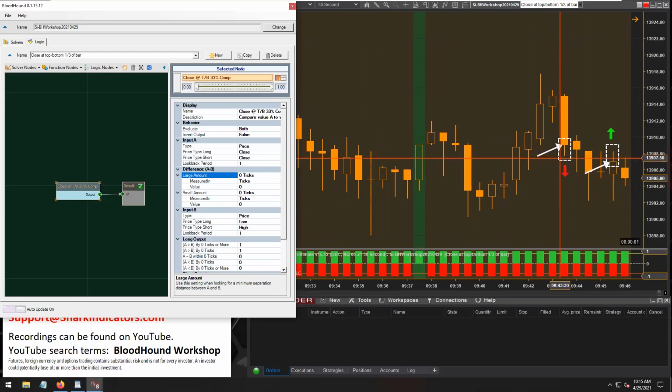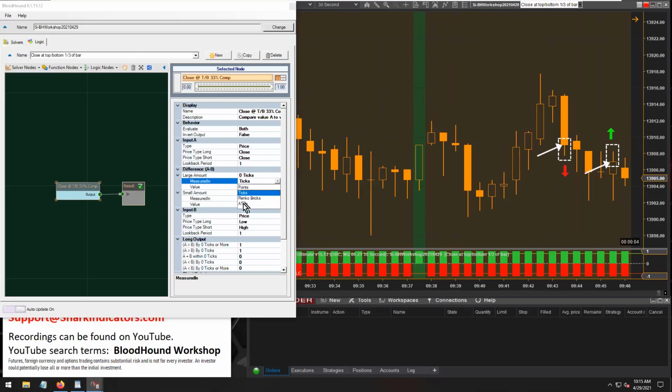But of course, BloodHound is not a math indicator. That's what other indicators are for, to do that math. So that's why I was saying earlier that to do this properly, you need a dedicated indicator to do that calculation. But what BloodHound can do here, in the difference section, instead of measuring ticks,